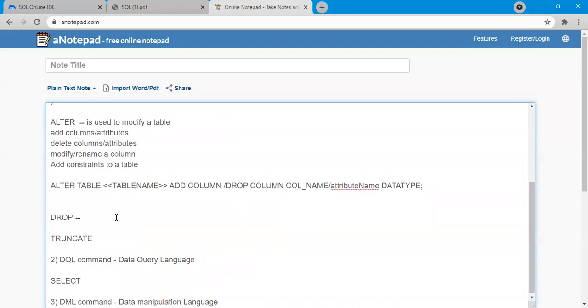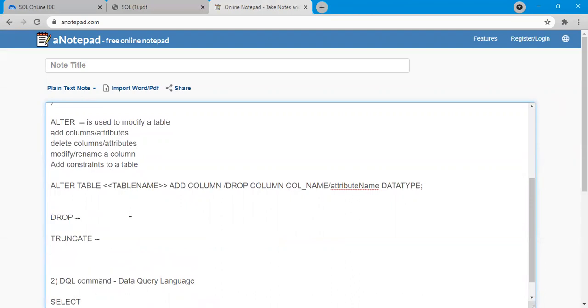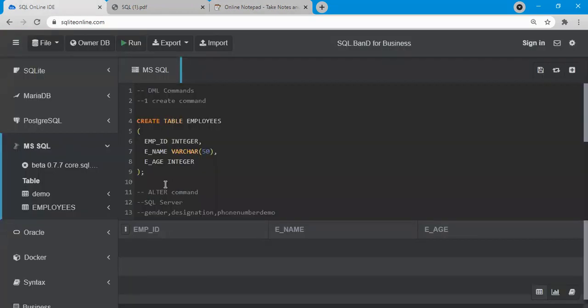right? So before we move on to the drop part, I want to show you the truncate part. So truncate is what? Truncate deletes all records from a table, right? Let's see how it works. We have this table employees. Let's insert some data into that. Values, employee ID is integer. Let's make it 1. Employee name,